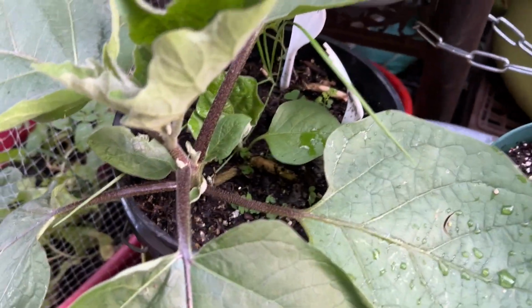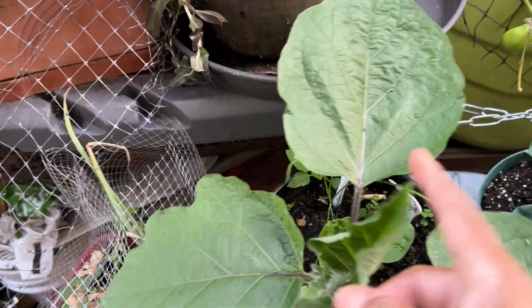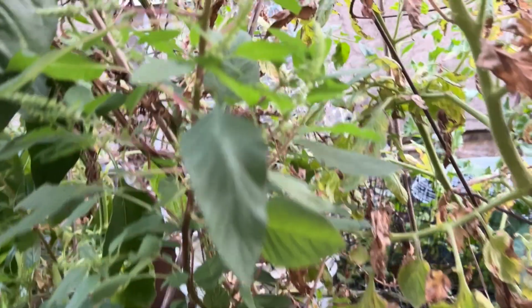And of course I have an eggplant here that's not doing anything. Hopefully I get something before it gets too cold. I don't know if I would just say you can take it inside and save it, but I don't know if I want to save an eggplant inside. Lettuce going to seed down here, and onions, my onion box. And it's in water, so I got to drain that. More bush beans, callaloo,